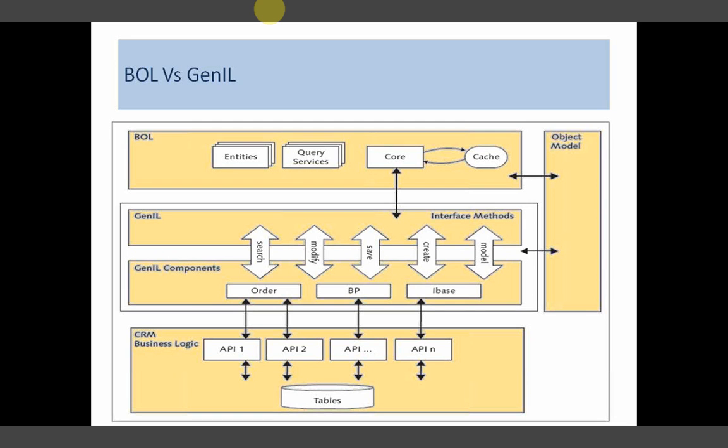Whenever the user requests data, initially it will be fetched from the underneath APIs, but for the second hit, it will not go to the underneath layers. It will go to the core. The core checks whether the user's input data is already available in the cache or buffer. If yes, it gets the data from the cache and replies back to the model.